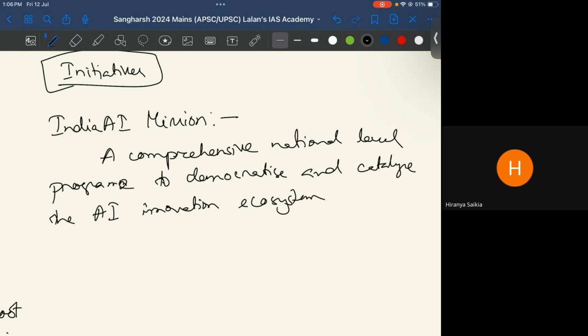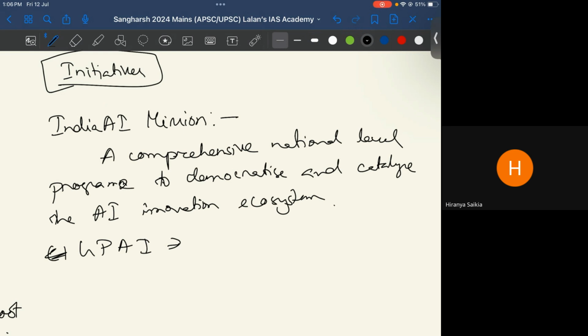আৰু it will also encourage startups in this sector. তাৰপিছত we have what is called as GPAI, Global Partnership on Artificial Intelligence. Etu basically it was signed between 15 countries, and India is part of it.